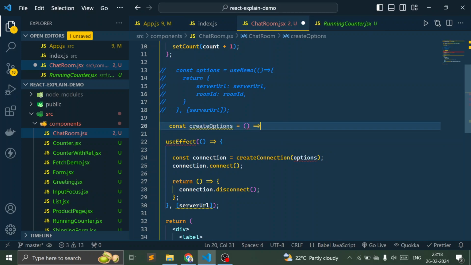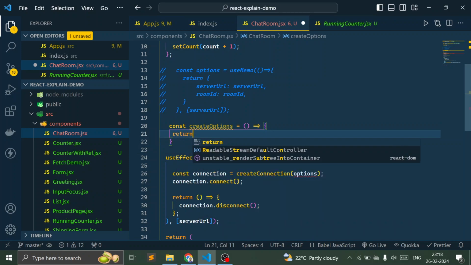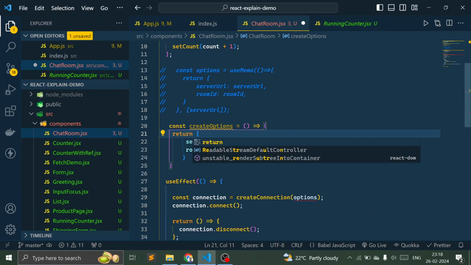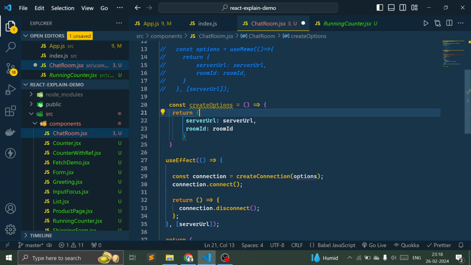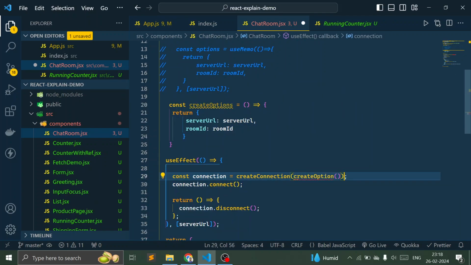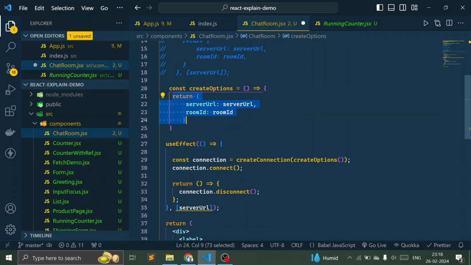So this is a function now. Return and paste this here. So I just need to return this. So it is returning the same object, and now I will call the create options here. Okay, so I'm calling this, which in turn is returning this options object only, which we have previously, but here